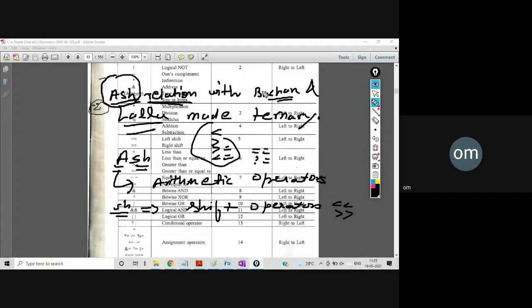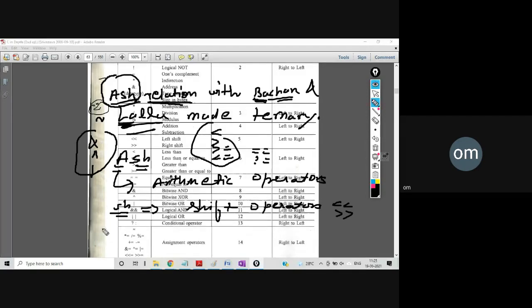Then Bachchan. So with B, I can write bitwise operator. So in the bitwise operator, we are having and, we are having XOR, okay? We are having OR, right? In bitwise operators we also have the negation, but negation already came in the unary operator. So I will not take this one, but we are having this and, XOR and OR, right? Then Lallu, L will make you the logical operators.